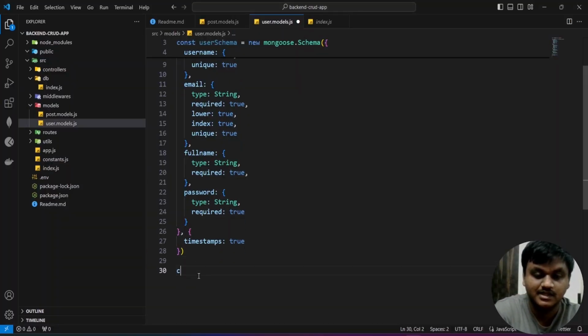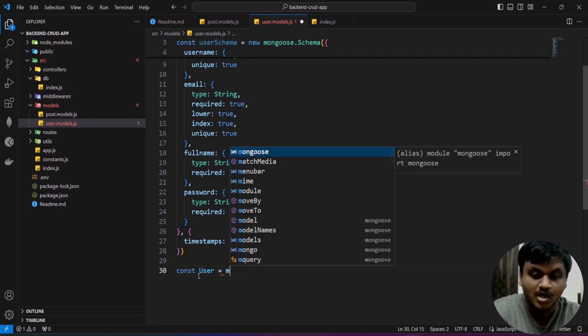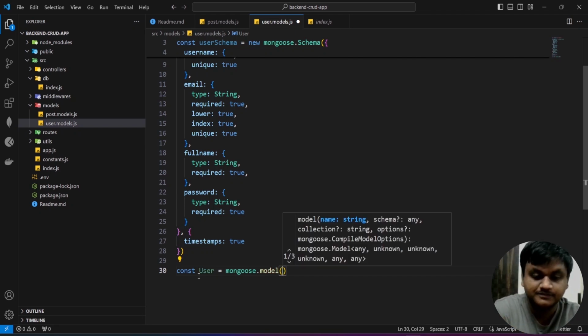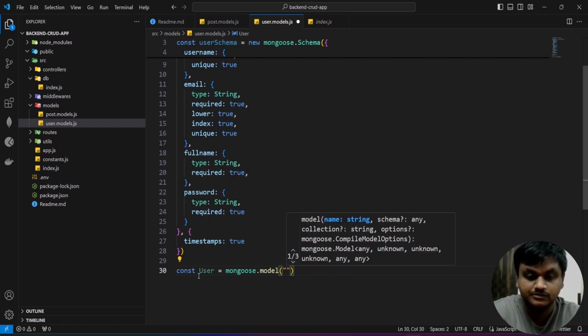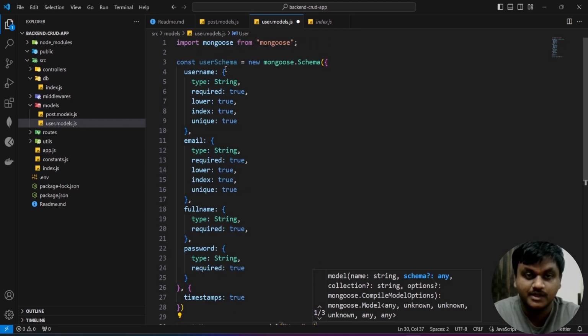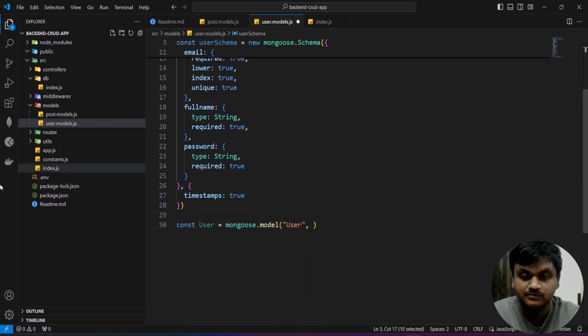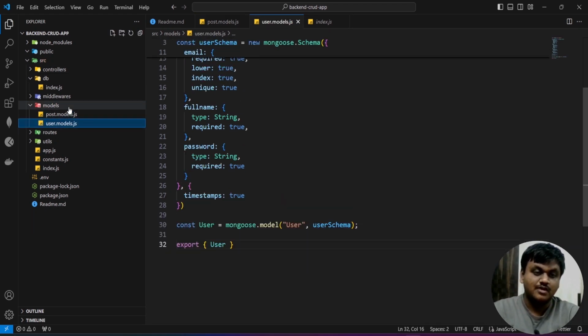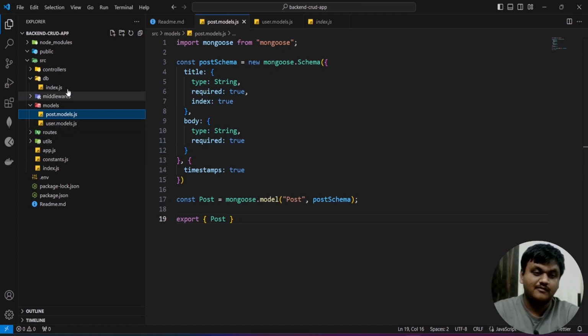Then after this, create the model. I'm mentioning the user, const user equal to mongoose.model of user, in the form of a string, and the schema name. I'm copying the schema name here. Spelling must be correct. If you give any wrong spelling, this will throw an error. Export this as a named export. I'm going to use this post model while writing my logic